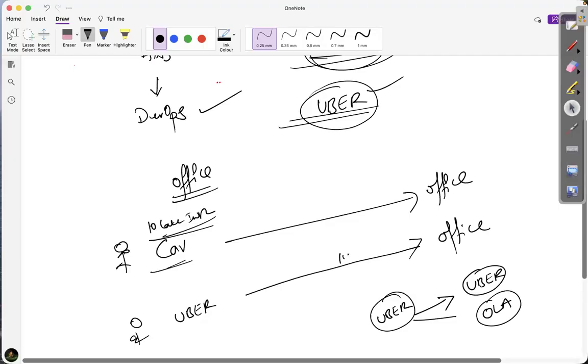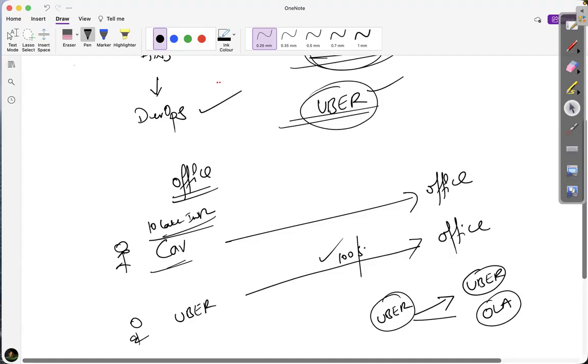They might charge like $100 or $50, based on the distance he traveled, and the invoice is generated. Once he arrived at the destination, he paid the bill.